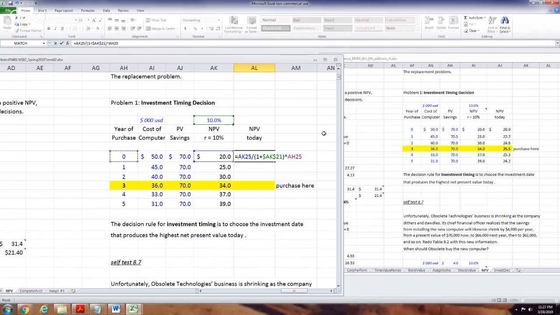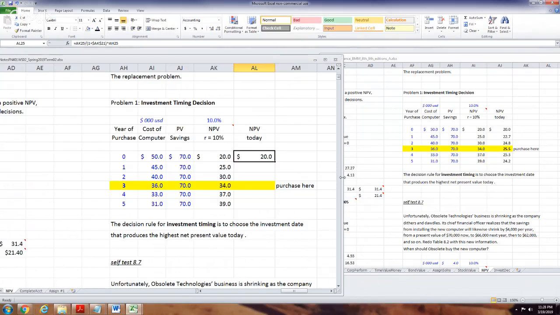So what's going to happen? And look at what I did here. The cash flows are in column AK. AK21 is the cost of capital, so I don't want that to move around. When I fill down, Excel will say, hey, I'm in a different cell, I'm not in row 25 anymore, I'm in row 26. And it'll bring all the references to 26 unless you tell it otherwise. So the cash flow, I want that to move. The exponent says H25, I want that to move, but I don't want the 10% to move. I could just type in 10% too, but we like the robust flexibility of this.